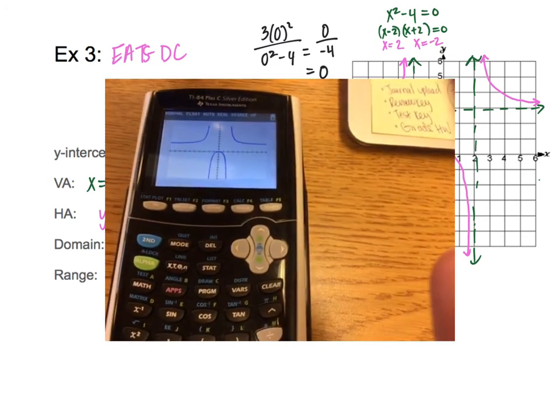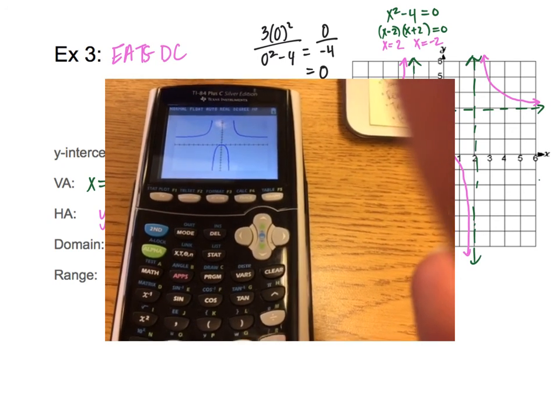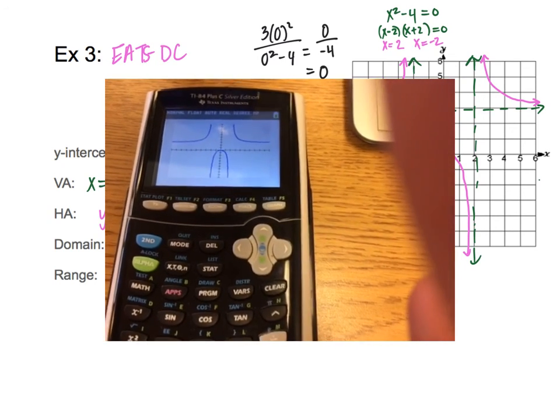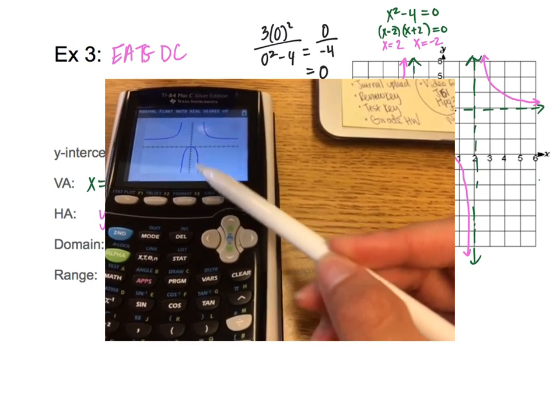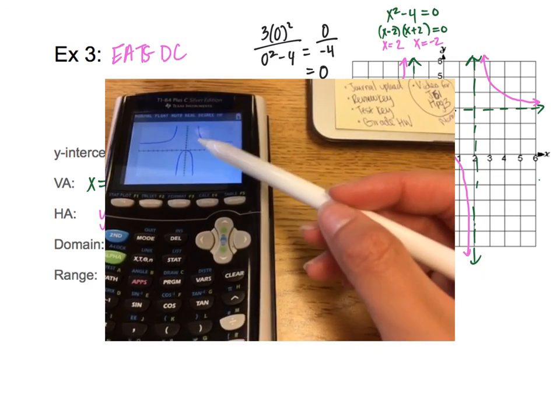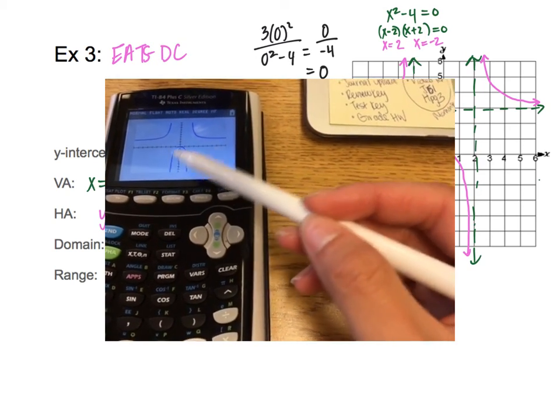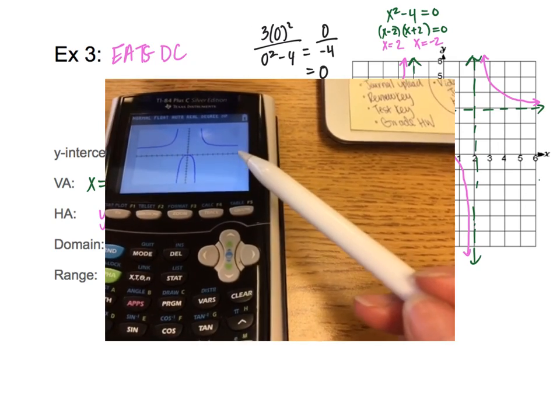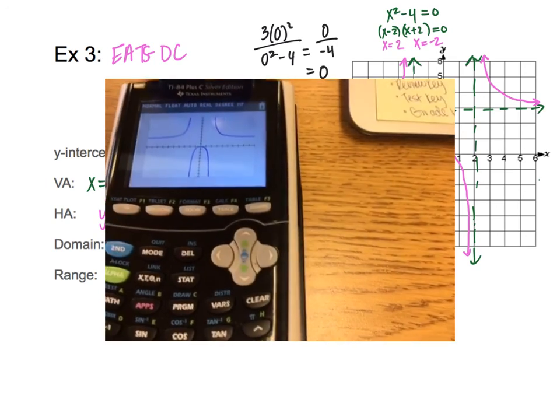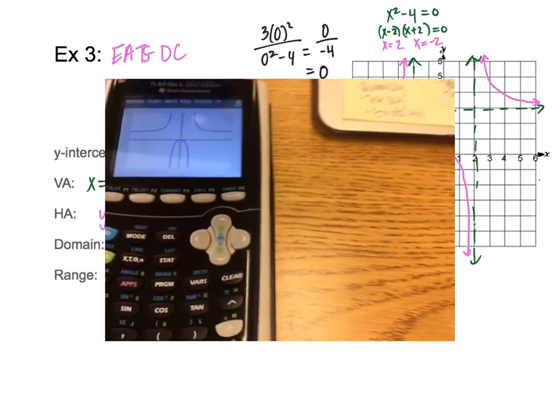Now, you're probably asking me, okay, why, Ms. Cheng, did you not just teach us this in the beginning? And why do we have to do this by hand? Well, the reason why is this graphing calculator does a really good job at drawing the curves, but it doesn't create those vertical and horizontal asymptotes. You can kind of see where they might be, but it's better and easier to show you how to figure that out